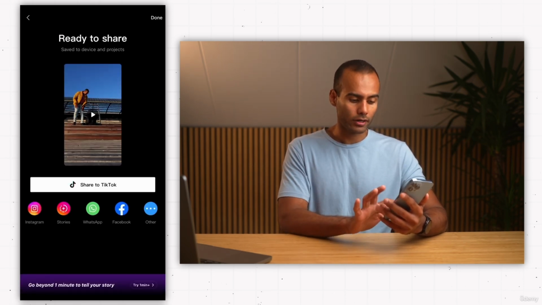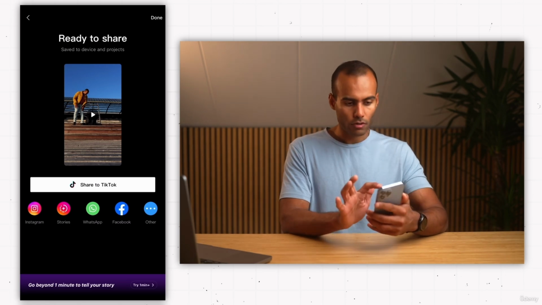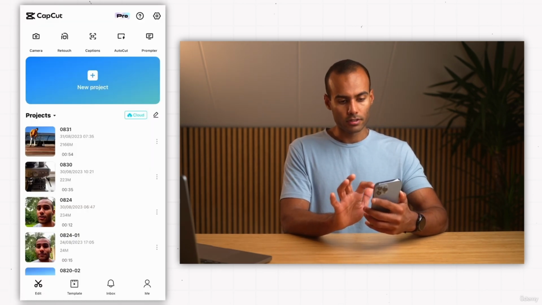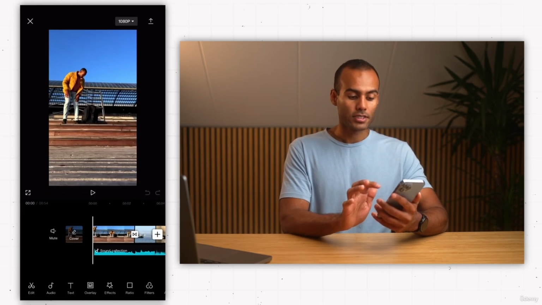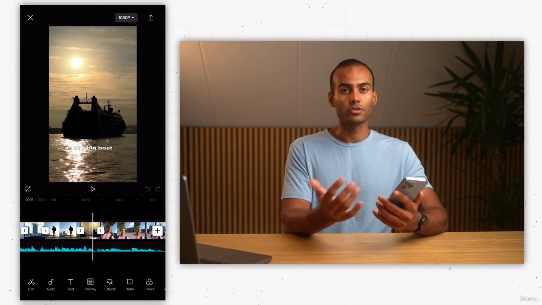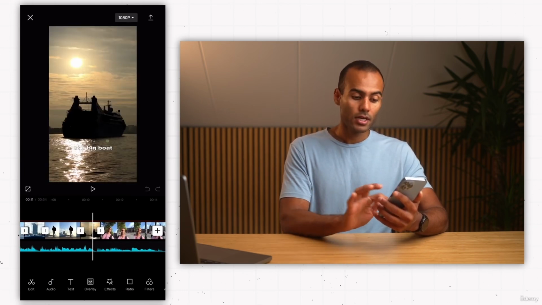I don't share directly to TikTok from here or Instagram. I just press done. So now your project is saved here. You can go back anytime to do some editing, do some changes, and yeah, that was CapCut for you, and